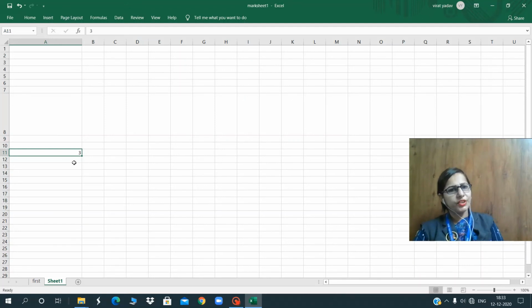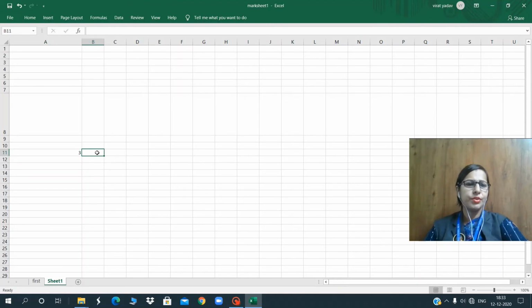See, the autofill feature is used to enter a predefined series of data, text, or numbers in a worksheet. Okay, how can we do this? Just write here 2 and next 4, I want to write the table of 2. First write 2 in the first cell and 4 in the second cell, and select both together.